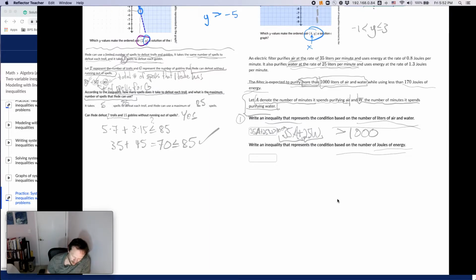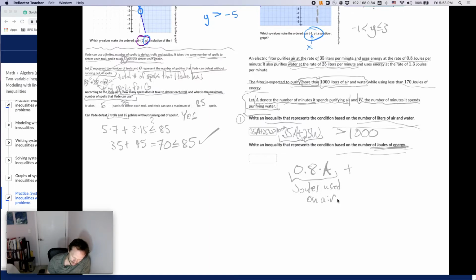And down here, an inequality that represents the condition based on the number of joules of energy. Okay, so now we're going to relate joules of energy. And here we see the filter purifies air at the rate of 35 liters per minute and uses energy at a rate of 0.8 joules per minute. So we've got 0.8 joules per minute. And A is the number of minutes, so 0.8A. That's going to tell us the joules used on air